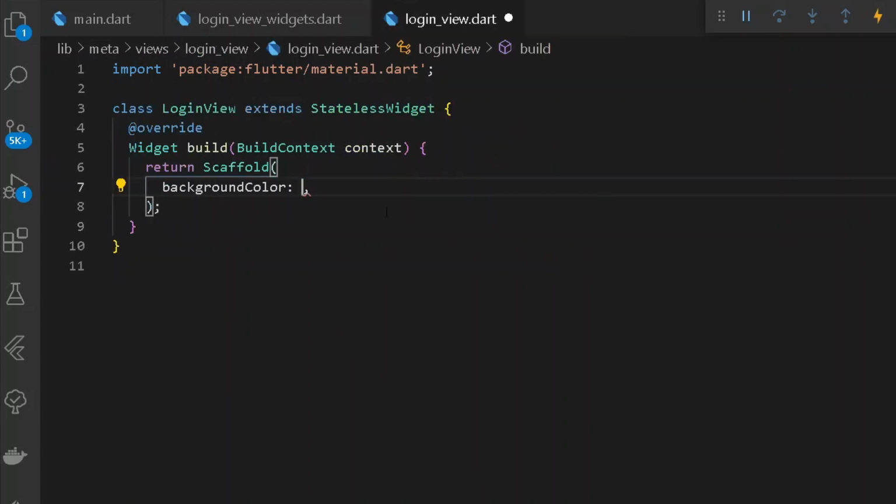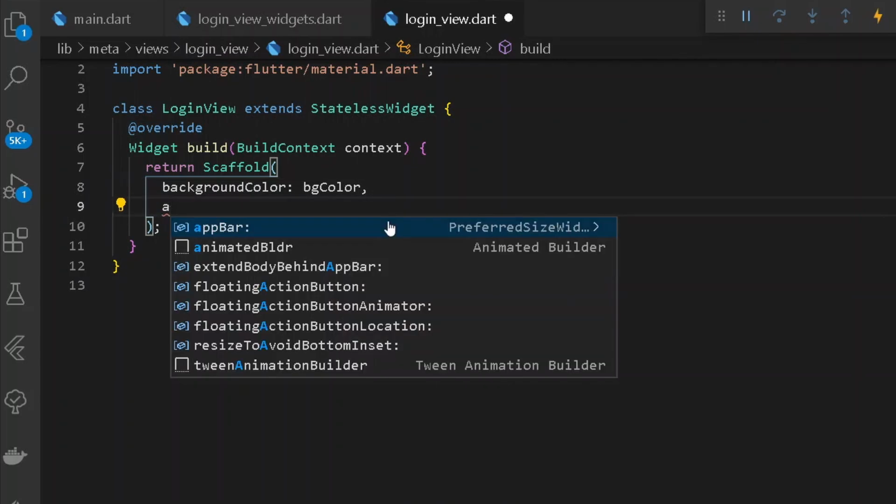So we can close this up, and under our background color, we can simply use the following color. Let's check it out. Easy, we have got our new color here. So now we shall be doing one thing, that is having a new app bar for our entire login view.